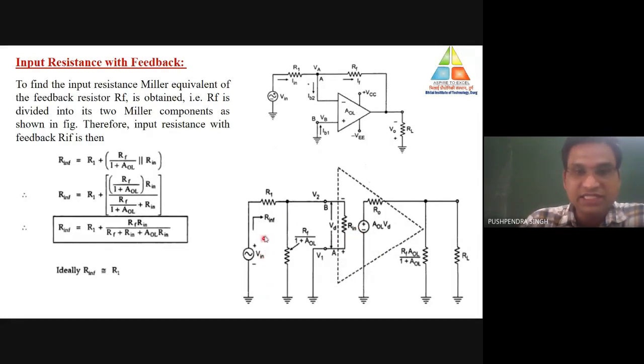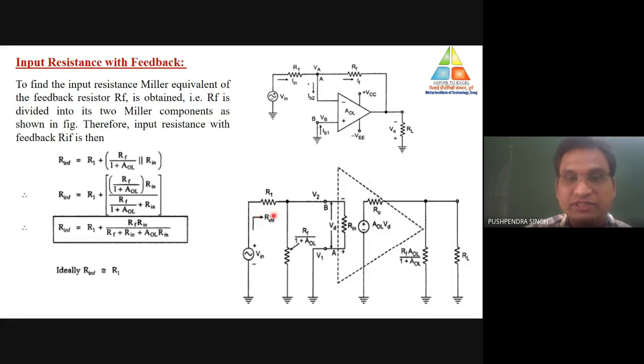With the help of this circuit, let's see what the total value of resistance is when we view the circuit from the input terminal. So from here, what is the value of Rin? Just see here, first resistance R1. Then at this particular node, the resistance RF divided by 1 plus AOL is in parallel with this Rin. Both terminals are in parallel to each other, so you may replace these resistances by a common resistance, whose value will be the parallel combination of these two resistances.